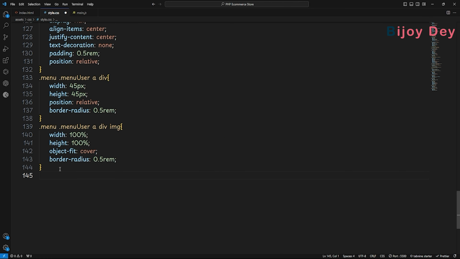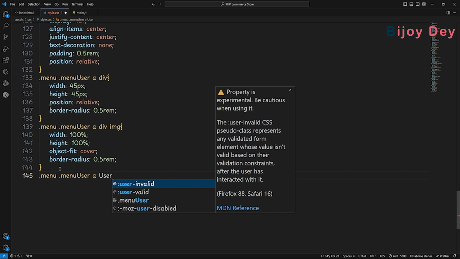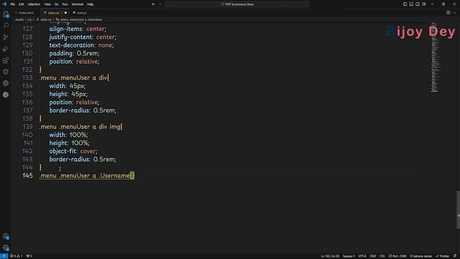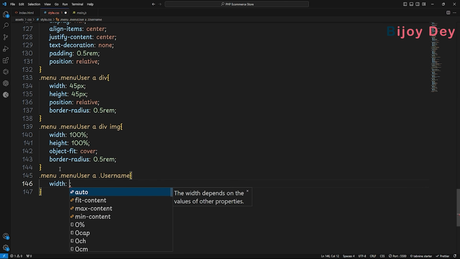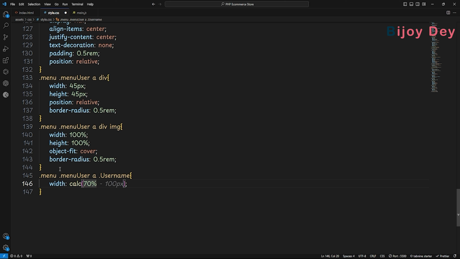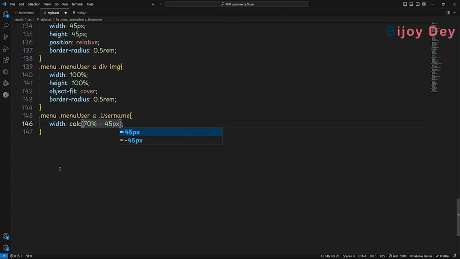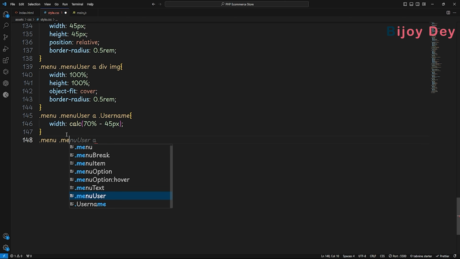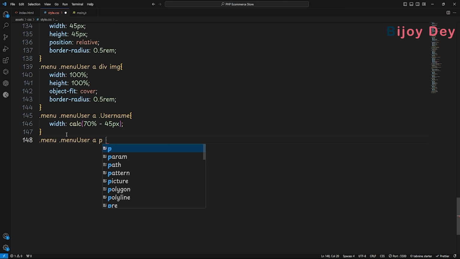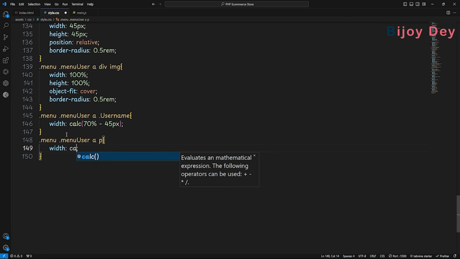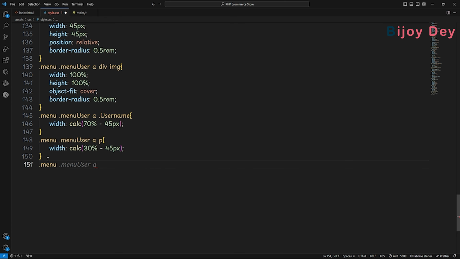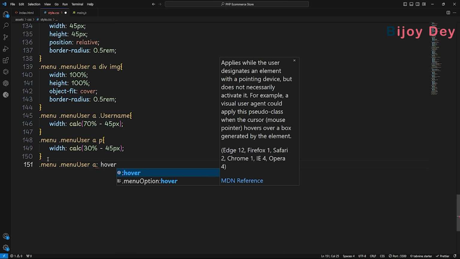So dot menu, we need a circle image, that's the reason we are using width and height 100% and object fit cover, and in this username we have to calculate 70% minus 45 pixel and the other 30% used for a text, so we calculate 30% minus 45 pixel, and dot menu user a hover, in this hover we change the color,